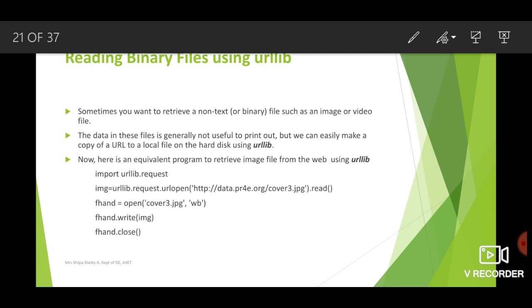To avoid this, we can retrieve the data in blocks or buffers and then write each block to the disk before retrieving the next block. So instead of retrieving the file all at once, we retrieve block by block, and every time we retrieve a block, we write it to the disk before retrieving the next block. Because of this, the program can read any size file without using all of the memory that is available in the computer. So let us see the program now.